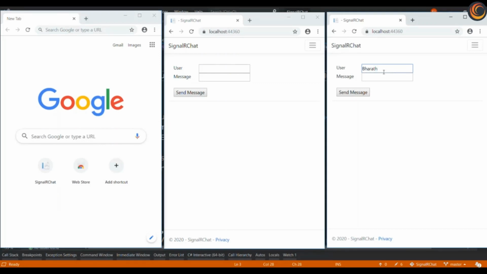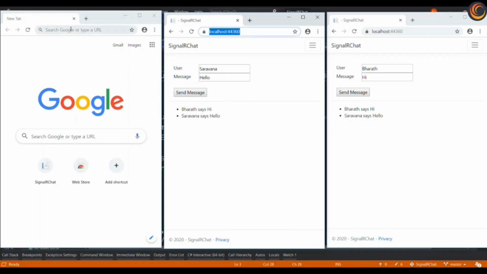Let's say Bharat, and he wants to send hi. As you can see, the client in the middle also received the message. And say hello. Okay, Sarvana says hello, and that message is received by the client towards the right as well.